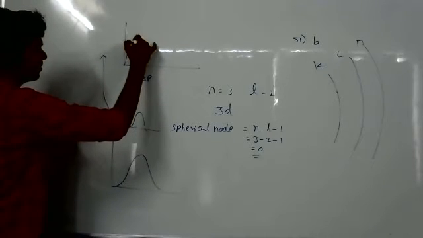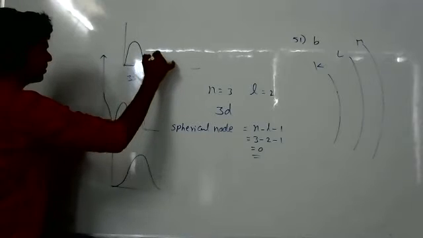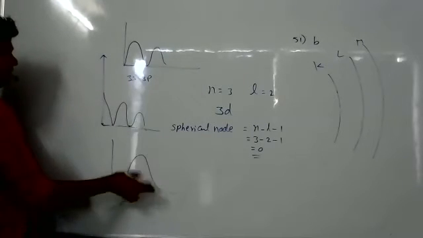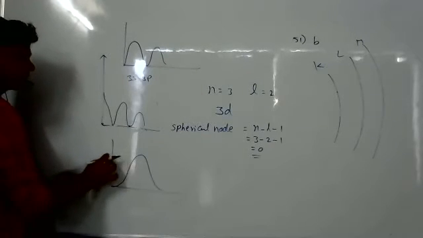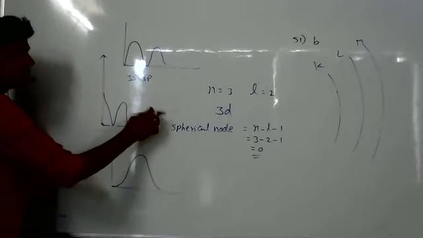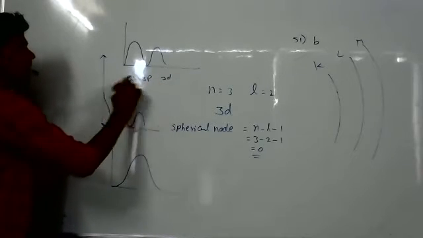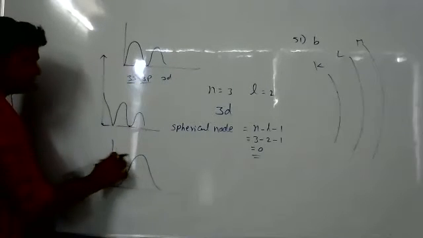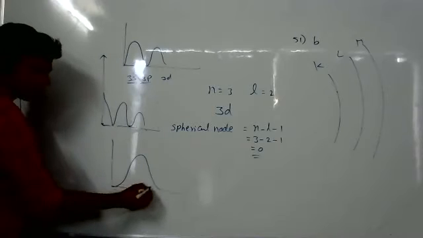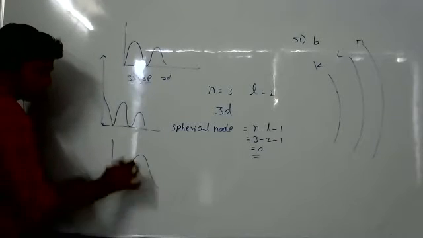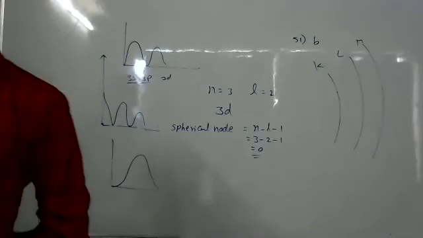This is only 3D. It is not having nodes, and we need to maintain some more gap also here, because the probability of finding the 3D orbital is somewhat far from the nucleus compared to 3s and 3p. That's why here maintaining some gap, and also here it having only 0 node, no node also. So option C is correct.